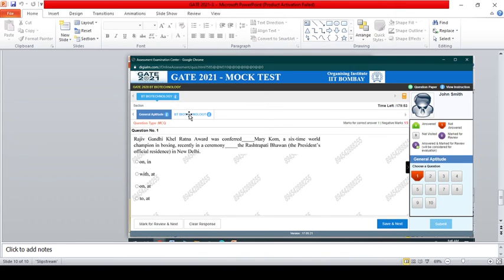If you click this biotechnology, the biotechnology tab will open, and here you will have the marks for a correct answer, and here the marks for a wrong answer, and here the time left for the exam. Here you will have a calculator, a question paper icon, and a view instructions option. If you forgot any instruction and want to revisit the instruction page, you can definitely do so. And these are the question palette symbols. Here it will say how many questions you answered, how many you didn't answer, how many you marked for review, and how many you answered and marked for review. Every time you give a correct option, you need to click Save and Next. You should not click this submit button.